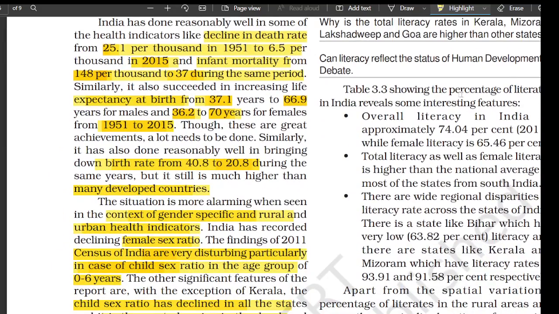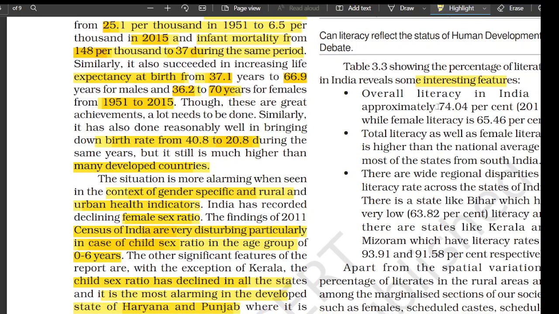Table 3.3 shows the percentage of literates in India over the years. It reveals some interesting features. Overall literacy in India is approximately 74% in 2011, while female literacy is 65%. Total literacy as well as female literacy is higher than national average in most of the states from South India. There are wide regional disparities in literacy rate across states of India. There is a state like Bihar which has very low 63.82% literacy, and there are states like Kerala, Mizoram which have literacy rates of